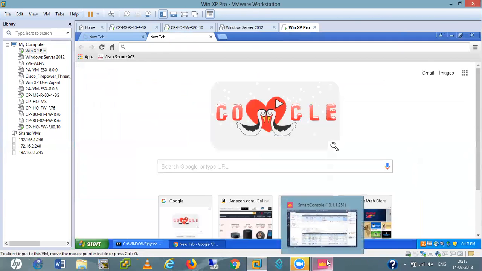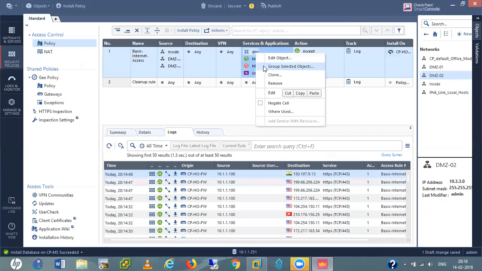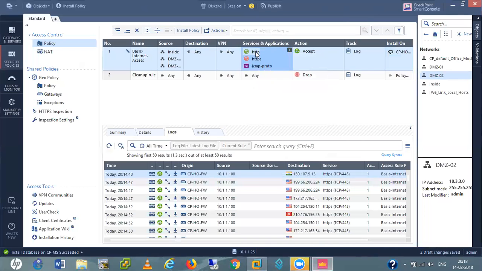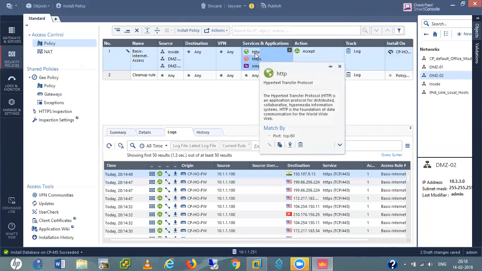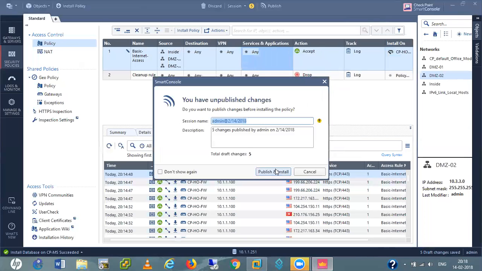So let me do one thing. I'm just modifying this internet access rule a little bit. I'll remove all these services from here. Let me just leave all the services allowed. Remove this one also. Remove this one also. Remove. Okay. Let me install this policy now.